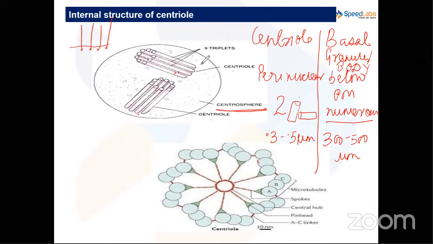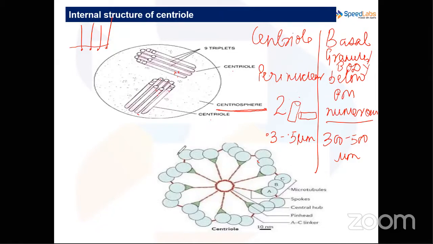So over here you will see that they are made up of triplets. Microtubule is the constituent again, but this time, you know what happens, they are present in triplets. Now,